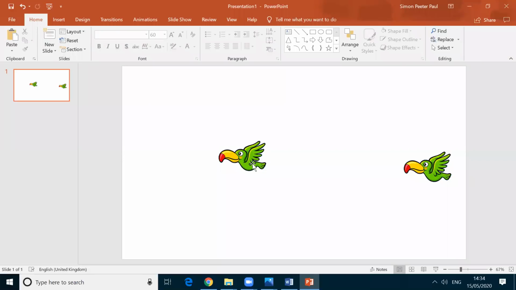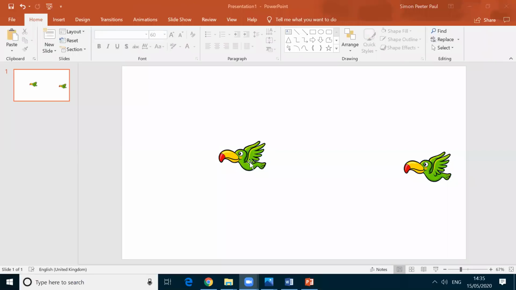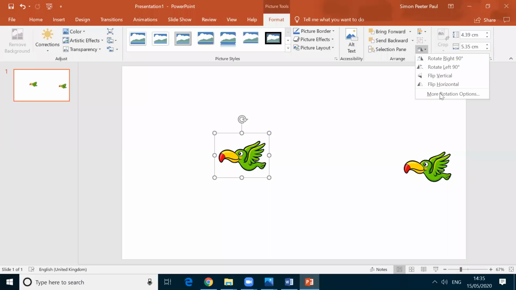I double click on it, automatically the format enables. Here, I double click on it. There is the option flip horizontal. I click now.